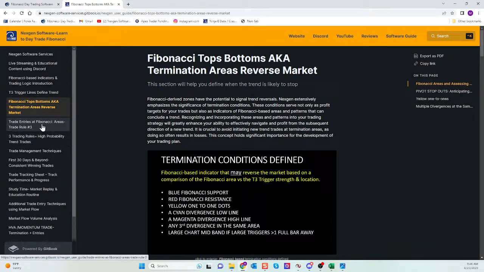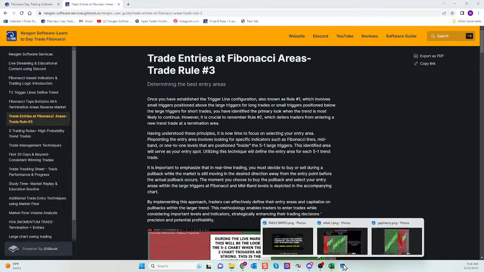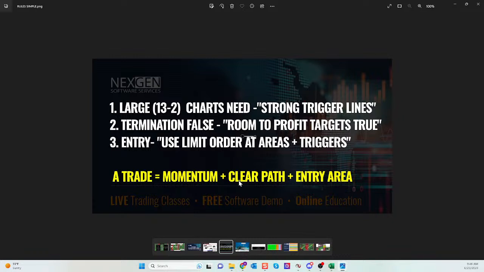And guys, once you can define these, once you can recognize momentum, it's going to take you, what, 3 minutes to understand that when there's separation between the two, it's go time? And then you're going to spend a couple days working on those termination conditions, making sure that you understand when an area is likely to hold.